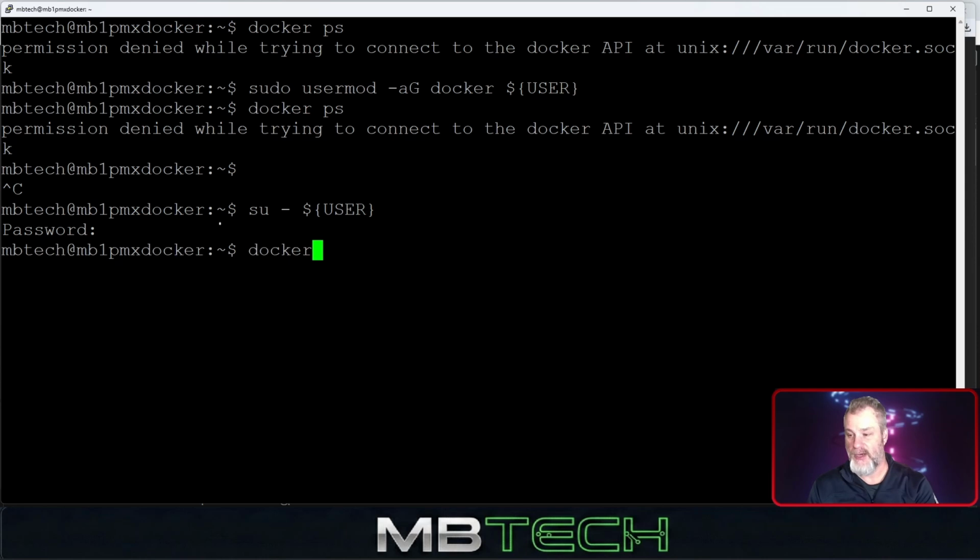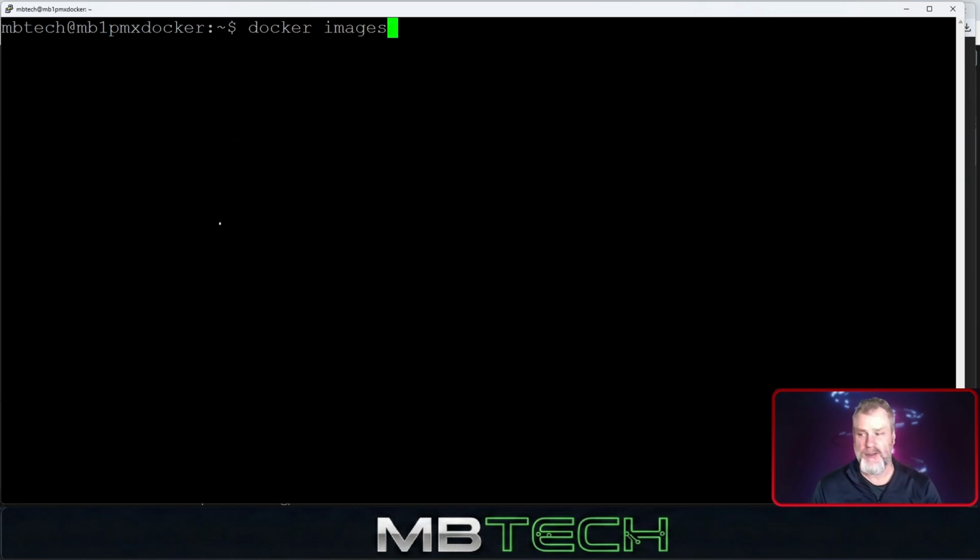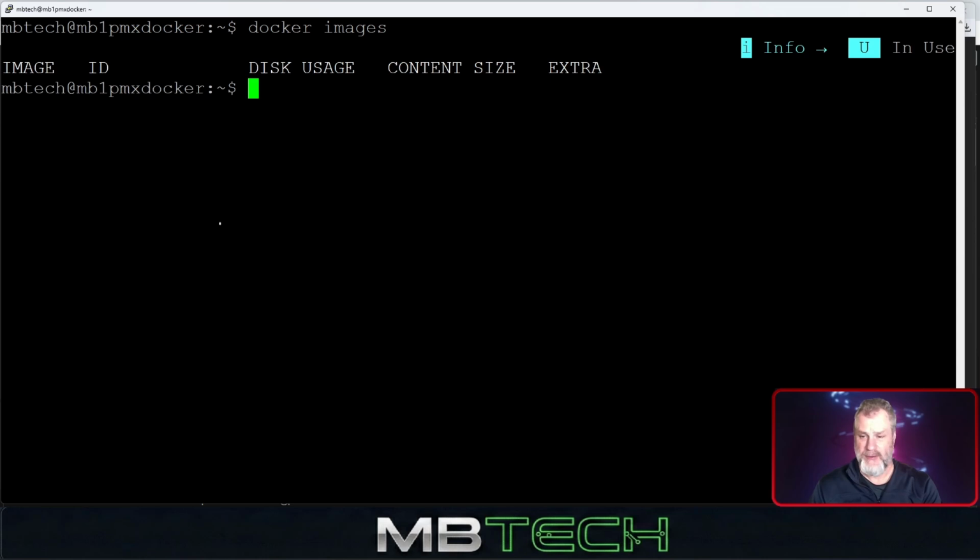Now we're in, and now if we do a docker ps, it will now show us there's nothing there. Some other commands that you can do are docker images. That just shows you what images have been downloaded. Right now, there are no images because we have not done anything yet. The other thing we can do is we can make sure that